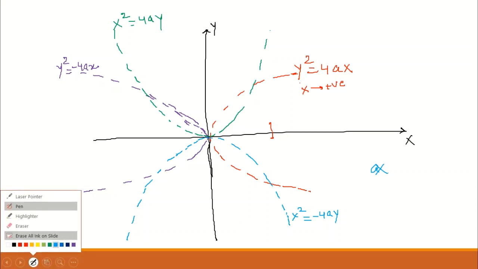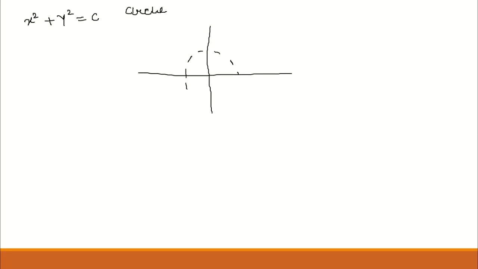Let's move over to our new topic or the new graph, which is when both x and y are of the power 2. So if it is x square plus y square is something, let's suppose c, then if both the powers are 2, it is said to be a circle. It means if I have drawn it, then there is a circle. With the circle, the radius is under root c, the origin is 0, 0. And this is the equation of the circle, x square plus y square is equal to c.